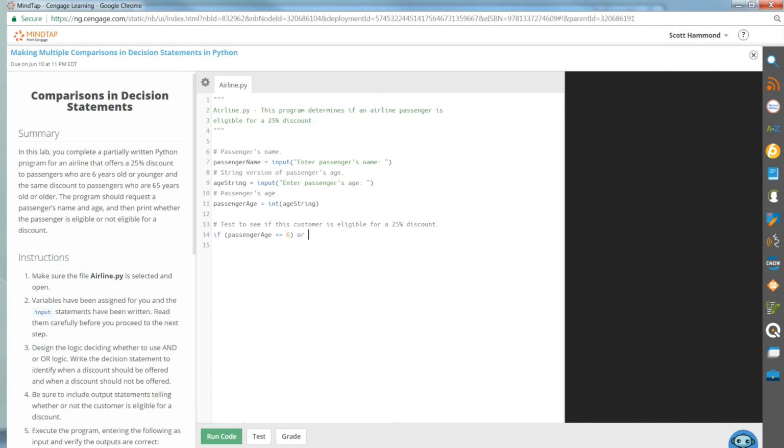Or, go ahead and copy this, paste it in there. If you're greater than or equal to 65, I'll go ahead and end that conditional. So if either of those two conditions is met,